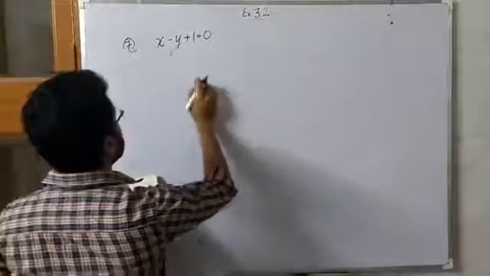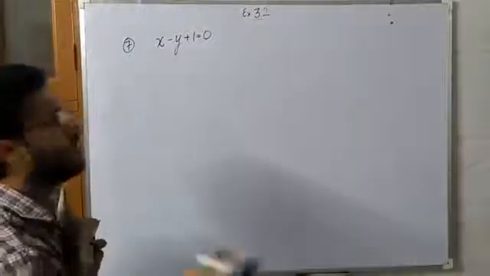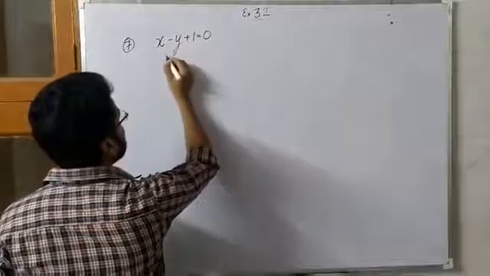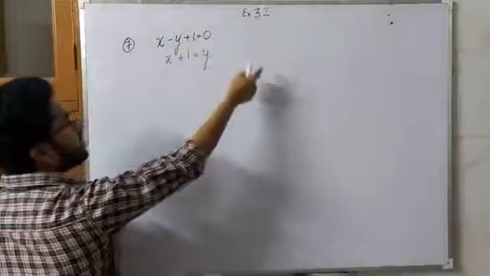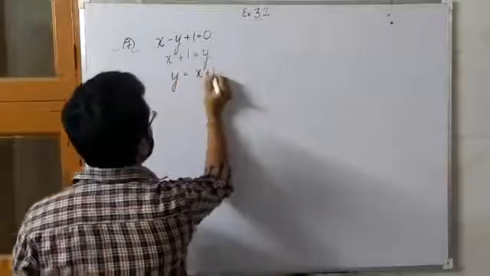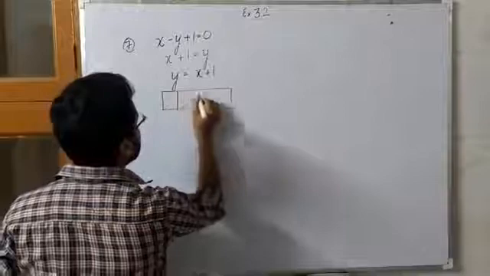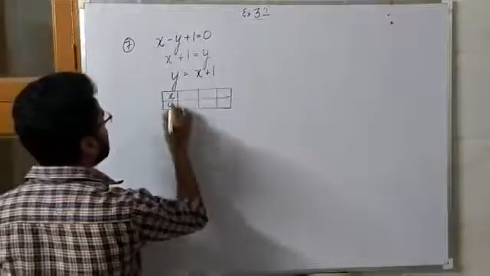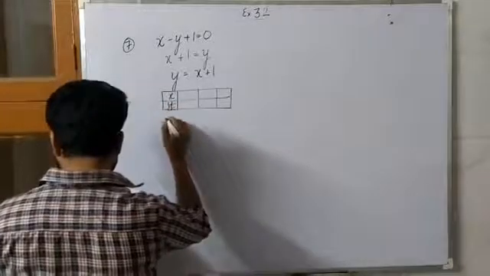The first equation is this, and second equation, so we will find from here y in terms of x, right? So first of all shift this y that side, so this shall be x plus 1 equals to y, minus का ठीक है उधर जाके plus का हो गया, so therefore we can write y is what? X plus 1. Now you make the box, right? And here is x and here is y, right? Here is x and here it will be y. Now the second equation is what?